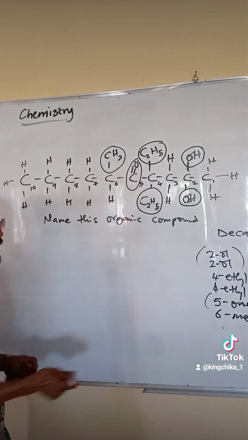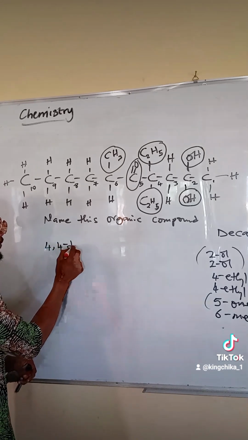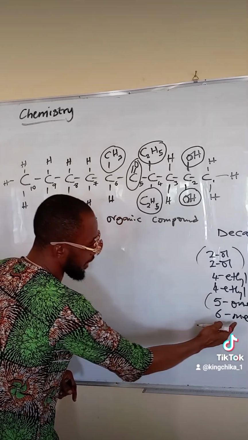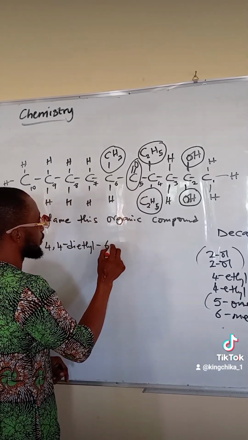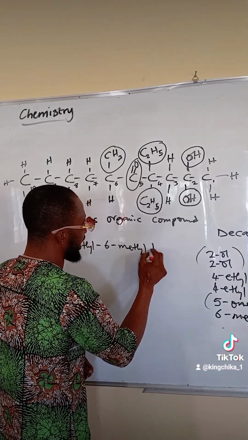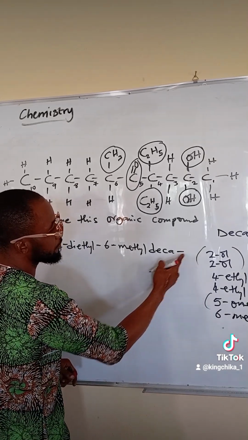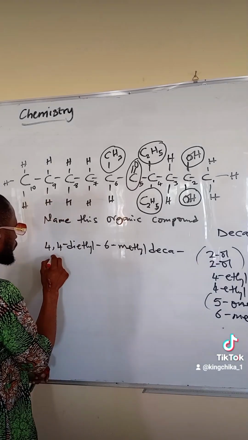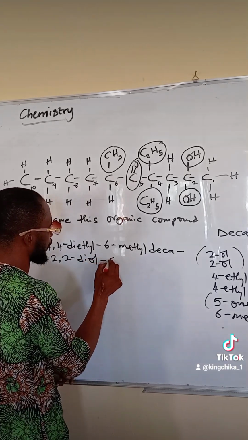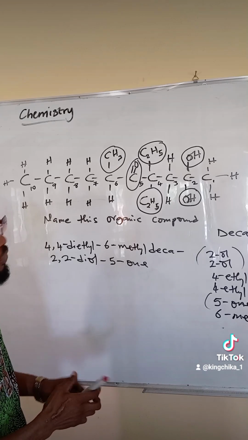So the name of this compound will be 4,4-diethyl. Diethyl for this ethyl. Then the next is methyl, 6-methyl. Then deca. Let's continue from here. Deca. We have alkanol on carbon 2, 2,2-diol, 5-one. So this is the name of this compound. So the name is